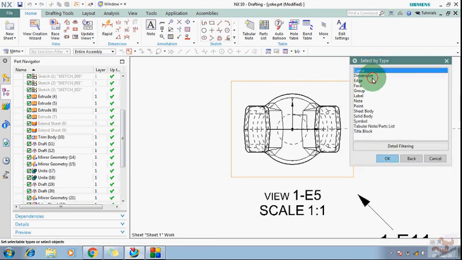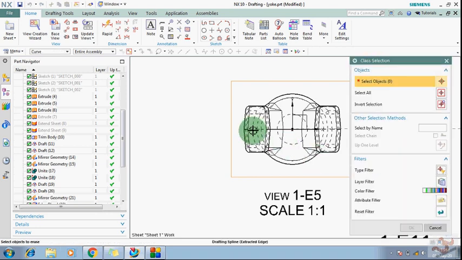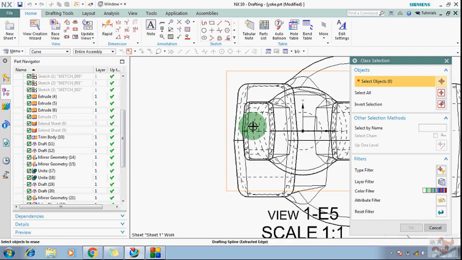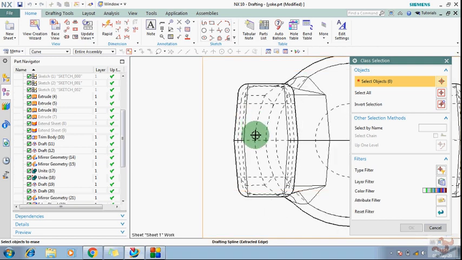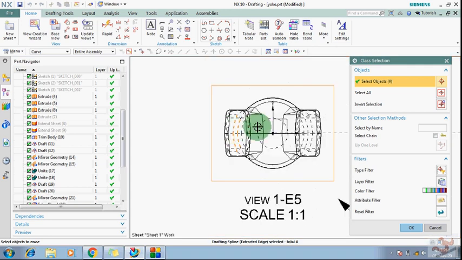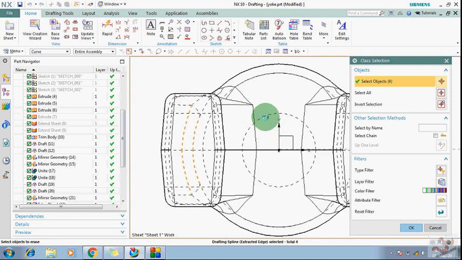Now select the curves and select the things which you want to delete. Suppose that I want to delete this one. I'm selecting the things which I selected previously, so you can understand. Suppose that I have selected these lines.